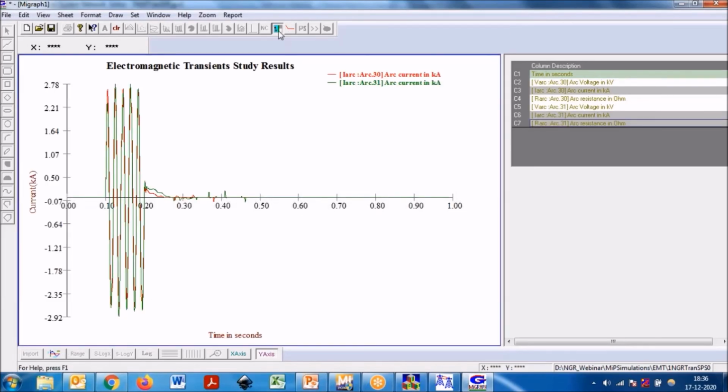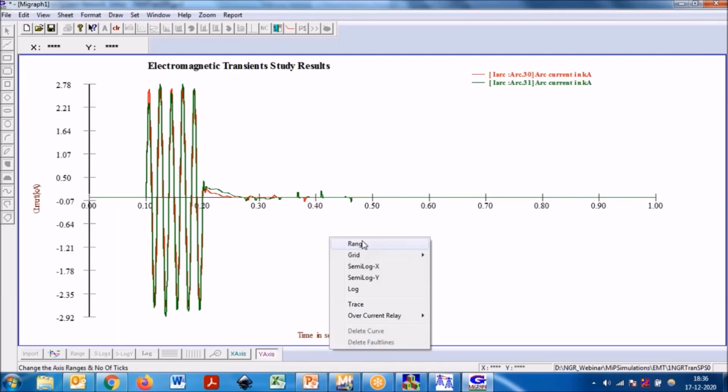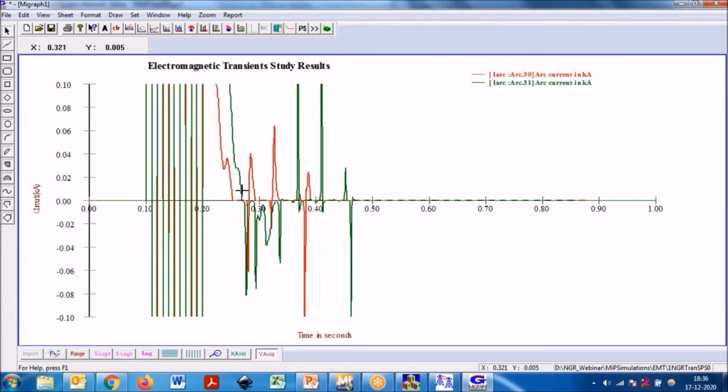You can see here this green one. Okay, you can see here the green one is taking more time to quench the arc current,